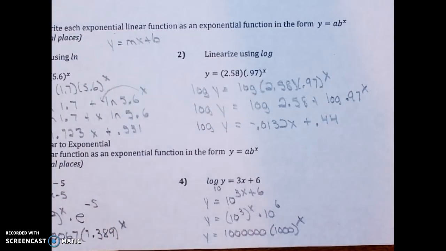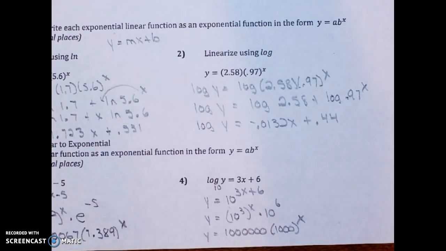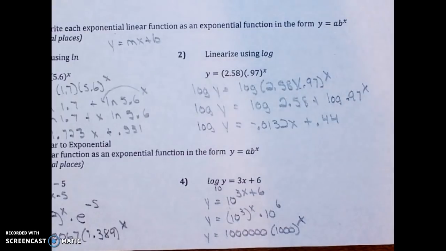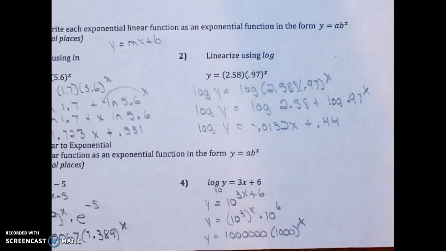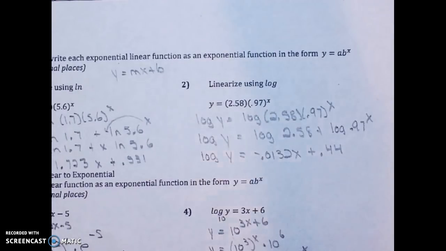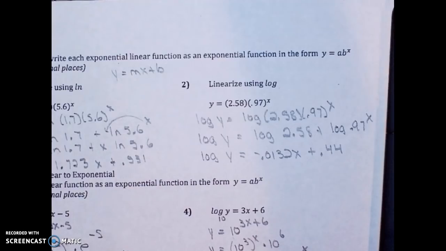So tonight you are doing lesson 3.5, day 2, has some of this linearization on a little bit more basic level, and it also has some review on solving log equations. That part's due by midnight tomorrow night. The second part, you've got the review worksheet. You either picked it up, or you can print it off, or you can put it on separate paper. I would at least get started on the first 12 to 15 questions. That will leave us some time in class on Thursday to work on it as well. If you have any questions, you need anything in the video